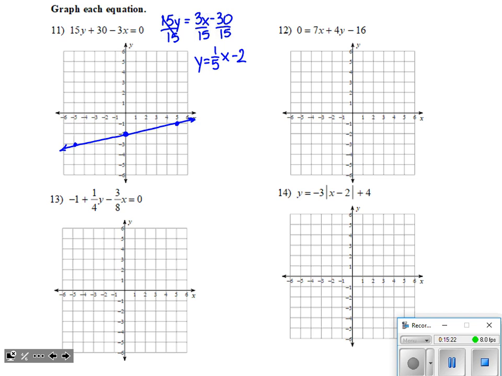All right, for number 12, here let's do the same thing. I'm going to subtract 4y from both sides and then divide everything by -4 to set that up as y equals mx plus b. Okay, and once I have that form, I plot that y-intercept of +4 on the y-axis. My slope is -7/4, so I'm going down 7 units for a rise and then 4 units to the right for a run. Those are the only 2 points that I can fit cleanly on that graph. So I connect those to make my line.